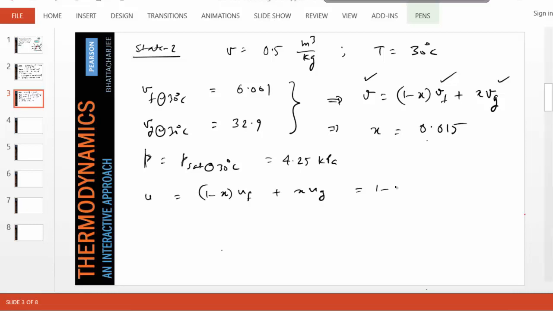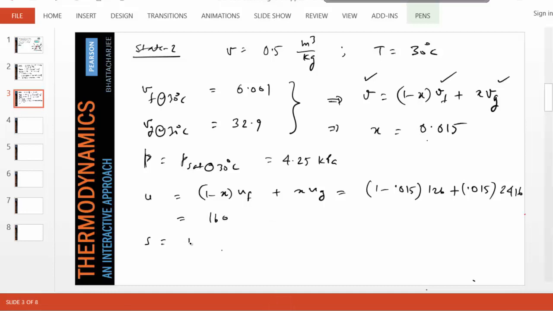Again, this is 1 minus 0.015 times UF, which is 126, plus 0.015 times UG, which you'll find to be 2416. So that gives us a U of 160,